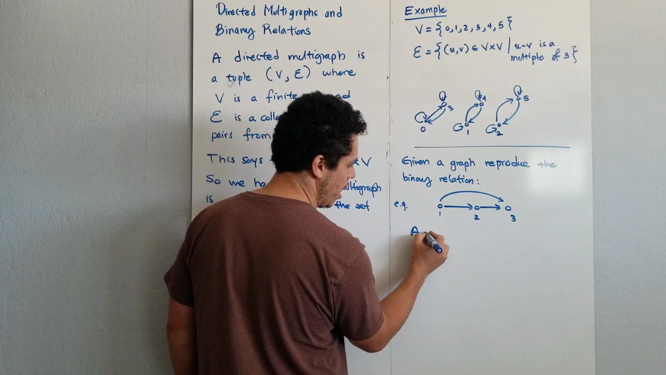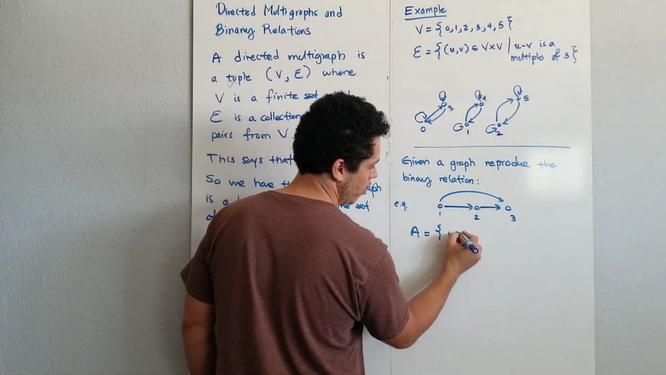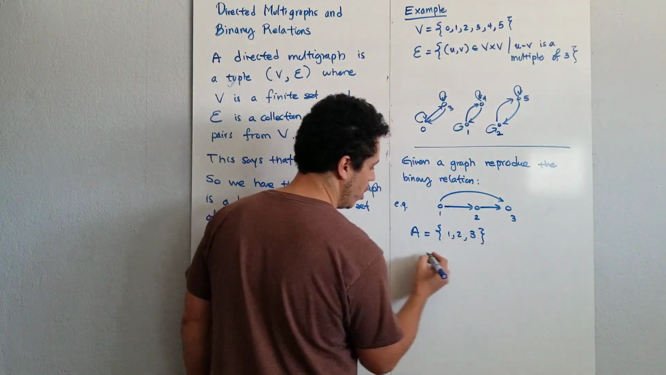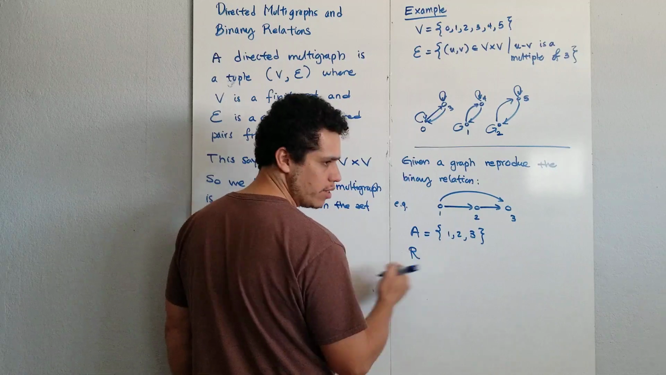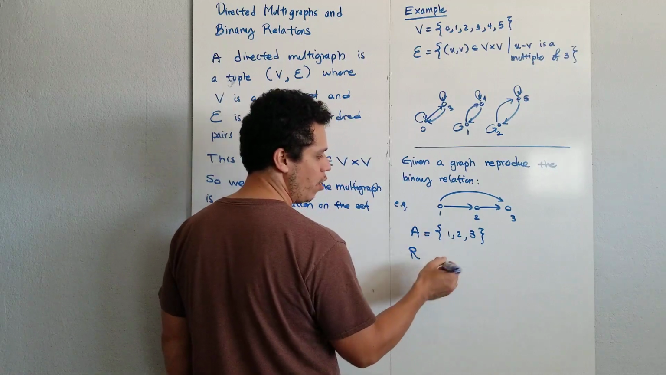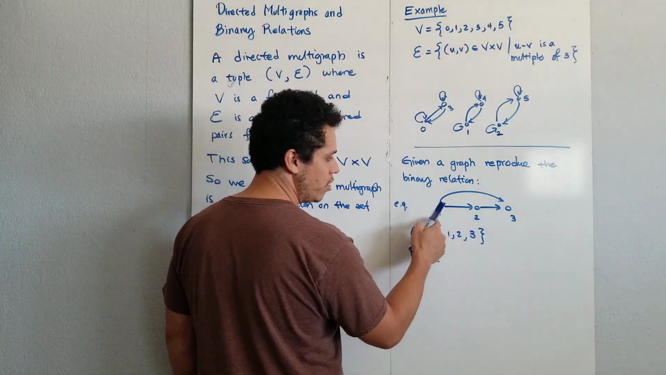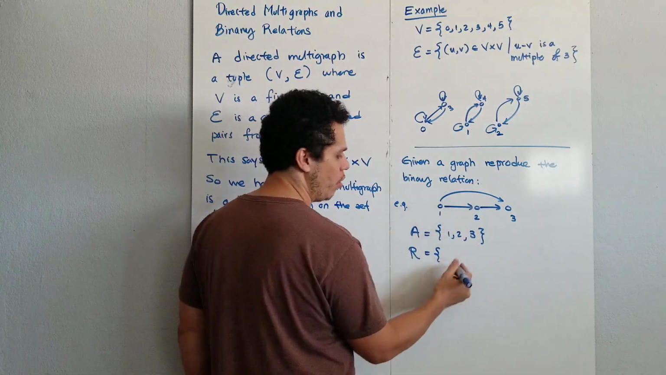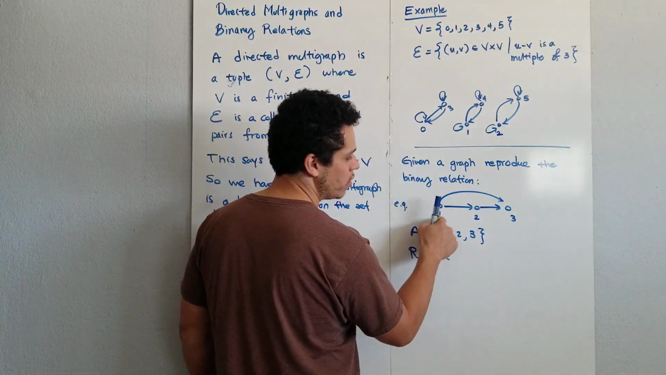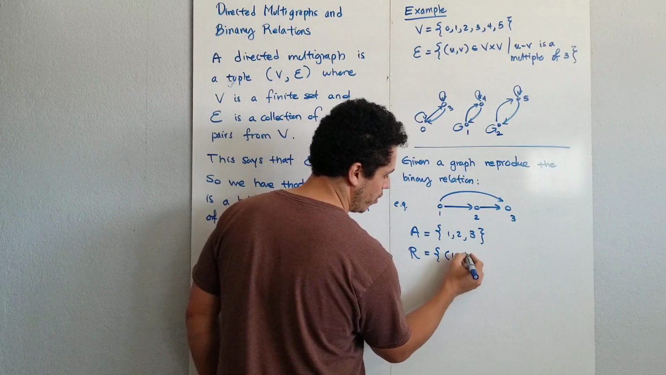Well, my set A would be the set of vertices. And what is the relation? What is the subset of the Cartesian product of A with A? Well, in this case, I just have to point it with the arrows, right? So one arrow that starts from 1 to 2, another